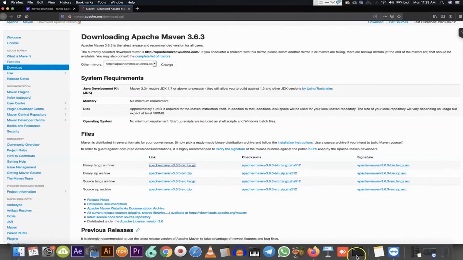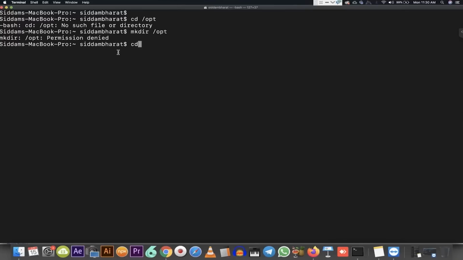This is also a kind of Linux platform, right? So that's the reason why the tar file should work perfectly fine. Here I'm going to the opt directory, where we can have all the optional related packages. If it is not there, I can create a directory called /opt. I can log in with